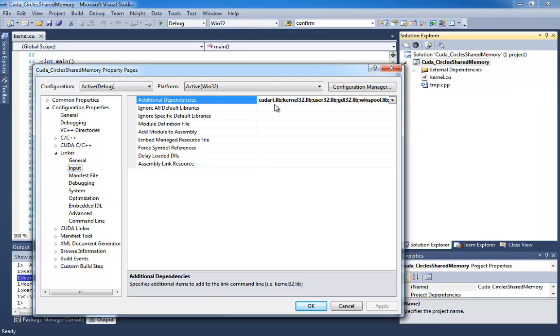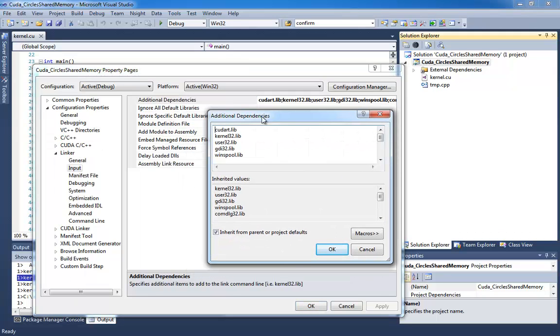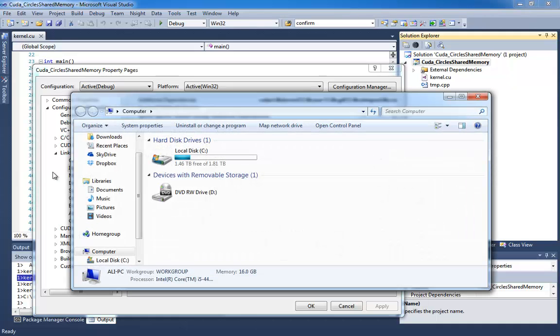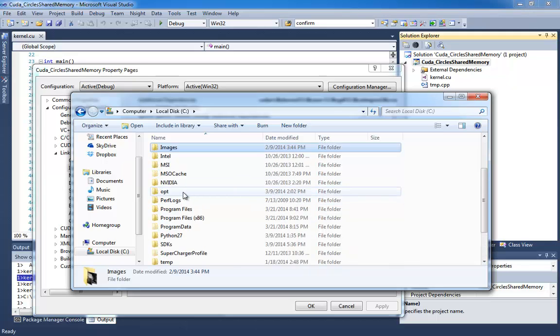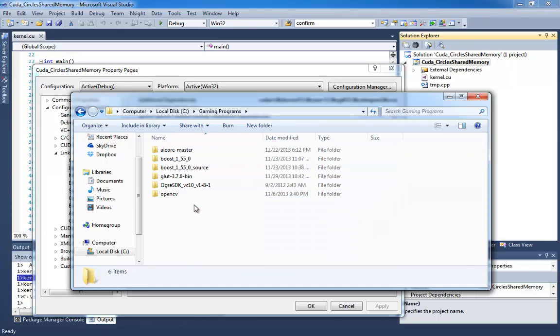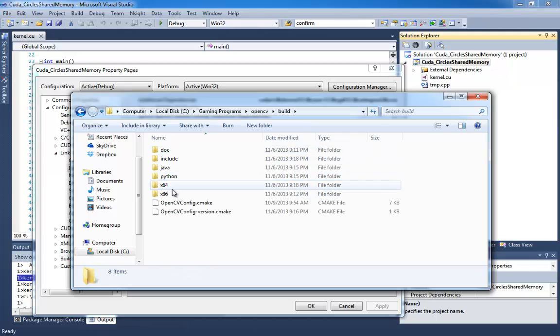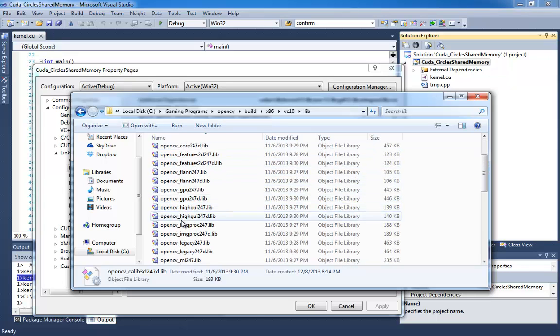Now that that's added, I need to add my lib files as well. So the lib files that I'm going to add, click on open and then edit, and then here the lib files that I'm going to add are going to be OpenCV. Let's see, actually I don't remember what they were, so I'm going to open up my programs, then go to gaming programs, C, gaming programs, OpenCV, build, x86, VC10, lib, and the ones that I'm going to use are going to be